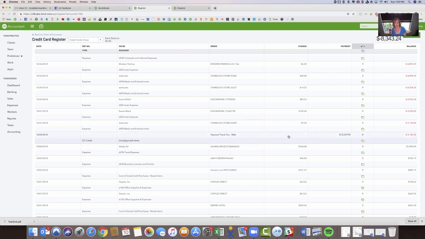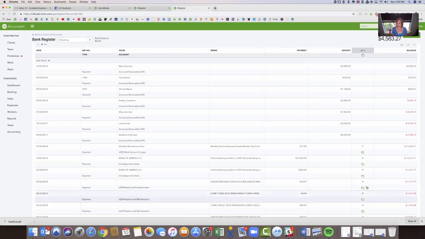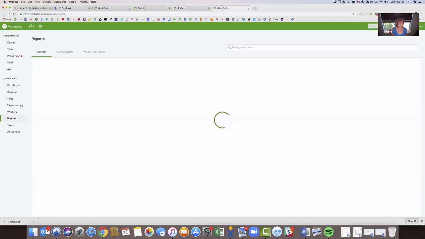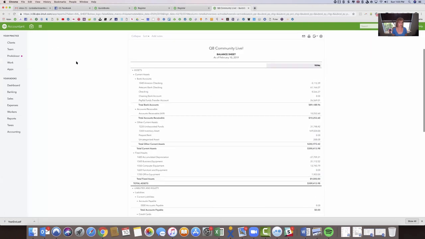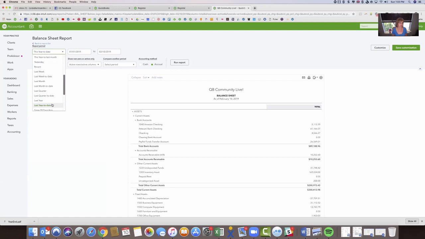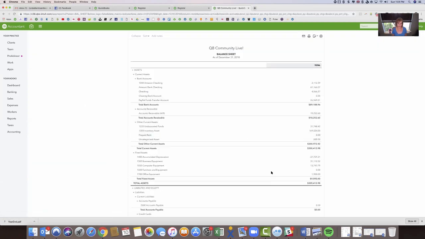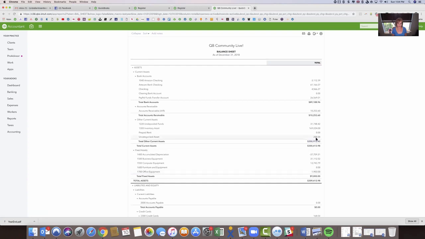So this is reconciled, and we'll quickly go over to the bank side. And this is your bank side, the checking side. It's also reconciled. Here's the other transaction, but it's reconciled also to uncategorized asset. So if we click on reports here, we'll go to the balance sheet itself. Go into balance sheet here, and I'll do last year because this was a 2018 transaction. And if I go into the uncategorized asset account, you're going to see here that,